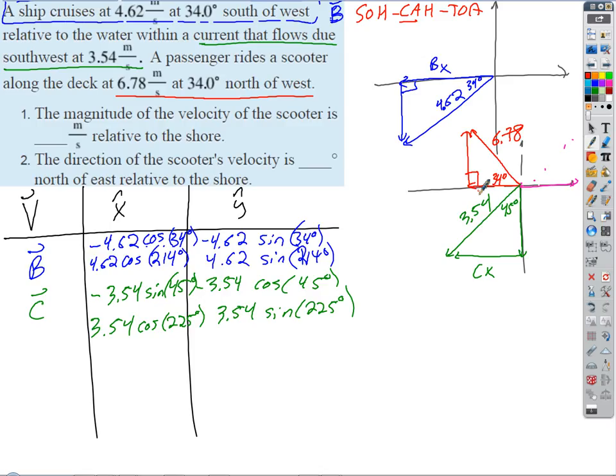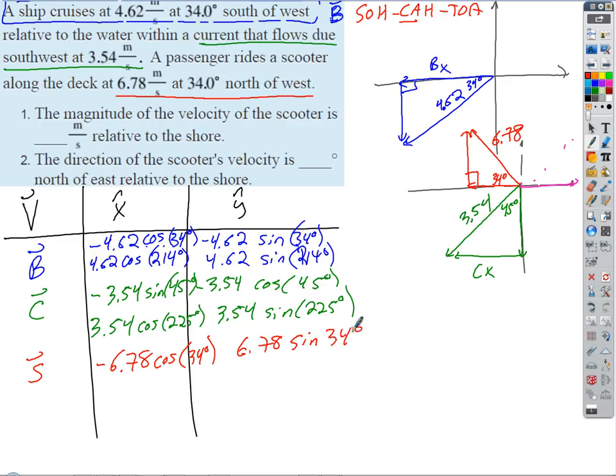So what's my x component going to be then? Positive or negative if I'm using the reference triangle? It's got to be negative. So we called this one, what did we call this last time? P or S for Scooter? So I'm going to get negative 6.78. Sine or cosine? Cosine? Everybody agree? My x component? Good job, Rick. Cosine 34. And then the y component, positive or negative? Positive. The y component's pointing up, so that's positive. So this is going to be 6.78